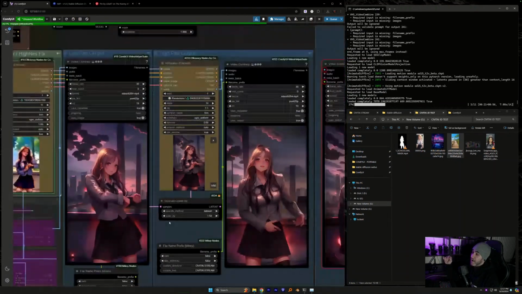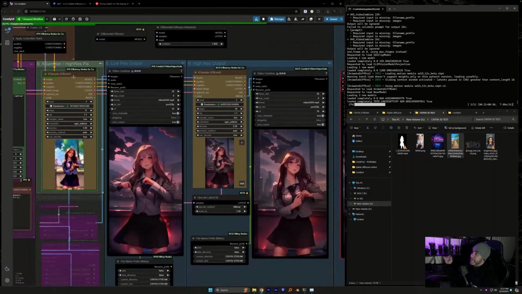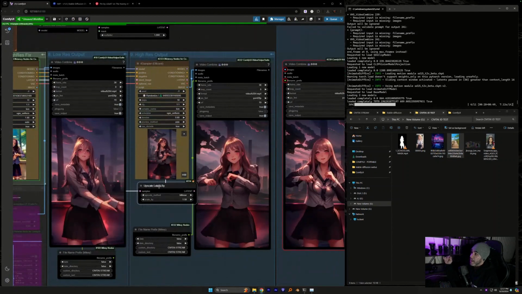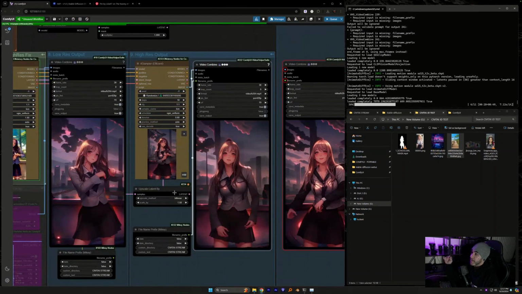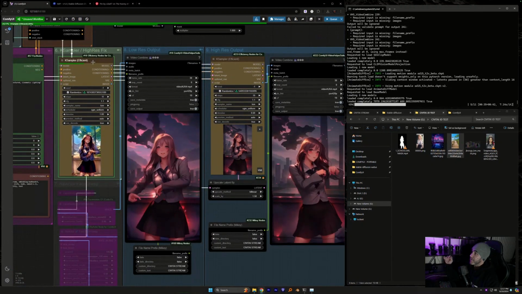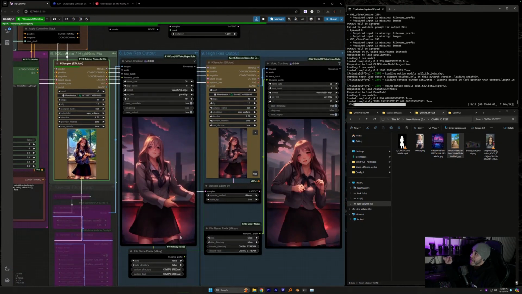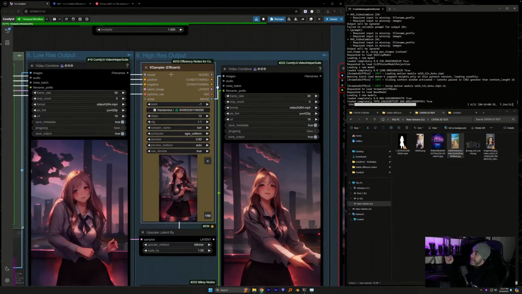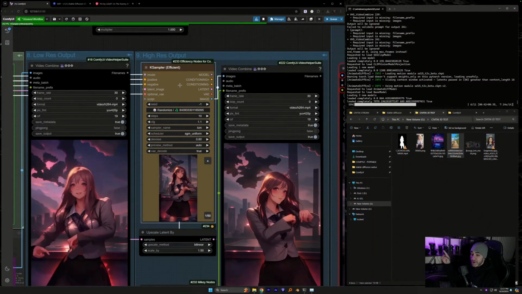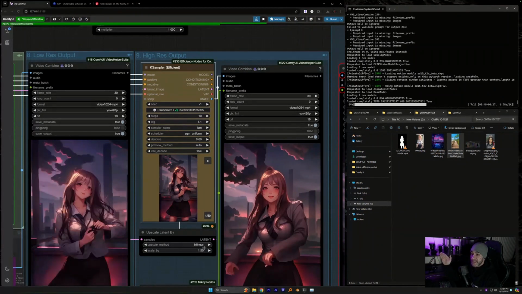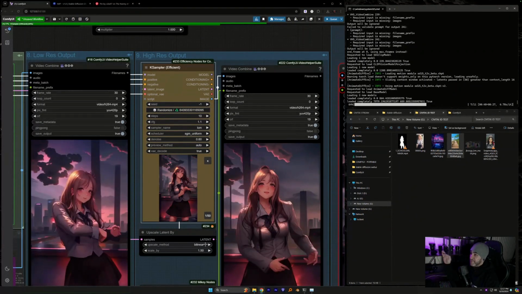Our first KSampler right now is plugged into this upscale latent by. This upscale latent by is plugged into the latent coming out of the KSampler, and it is going into a second KSampler. This is our upscale. The 1.5 is getting us to 768 by 1344.